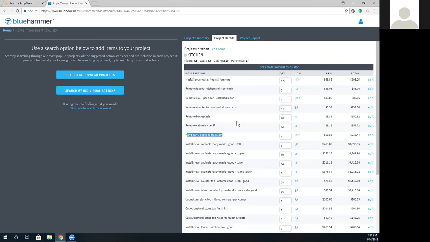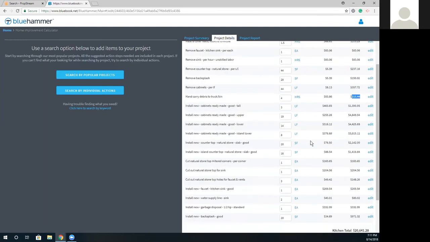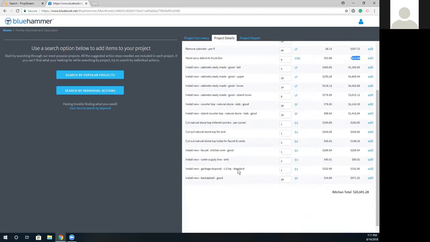It even includes things like carrying out the trash to the trash bin, how many hours it would take, what the cost is per hour at a local level, and what your total cost will be simply by taking out the trash. Again, I love this because most estimates that you get really don't include all the finer things here. I know there are some estimates I've seen where you go to like Home Depot's page and you put the items and then they calculate your cost. But again, they're not calculating the removing of the current items, the debris that needs to be taken out of the property. That's what Bluehammer is going to do for you.